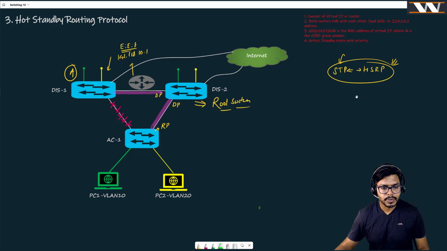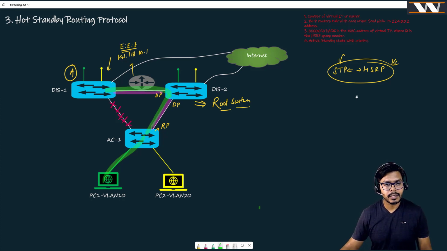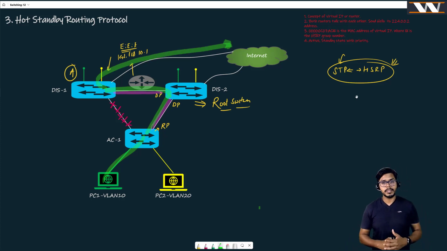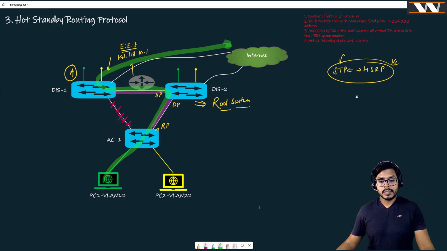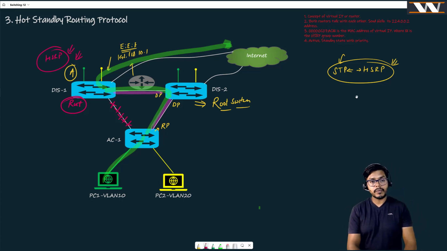It is going to go over this switch, then here on Distribution 2, where it won't find the 10.1 gateway, so it has to travel over this trunk link. Then basically it is going towards this. Do you think this is the optimal traffic path? No. And that is why you should make your root switch that switch which you want to have active in the HSRP topology, or your active switch should always be the root